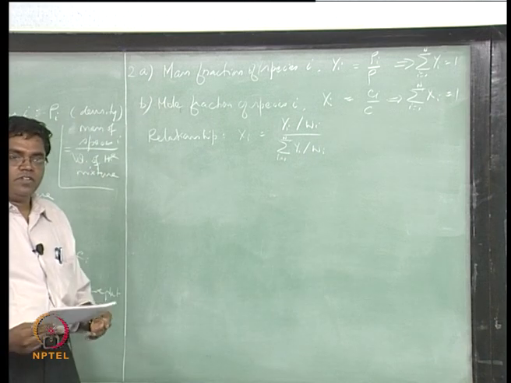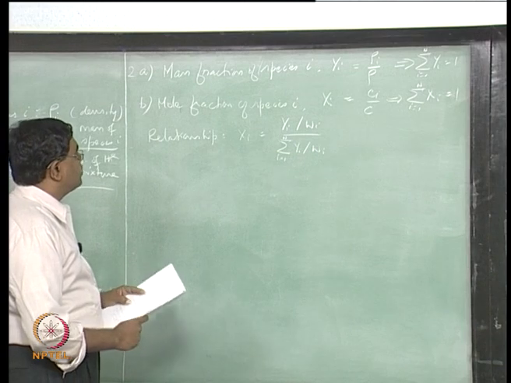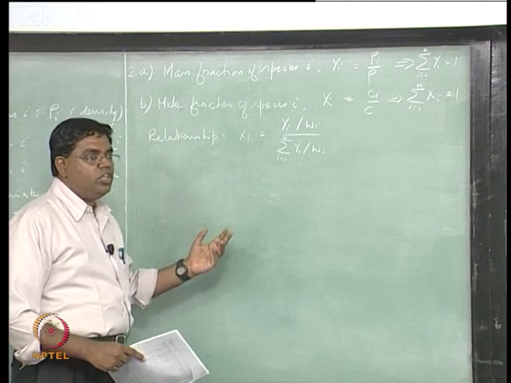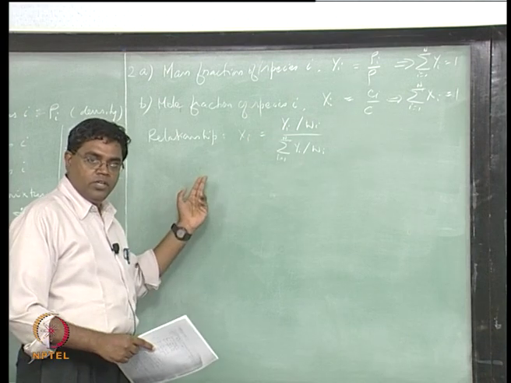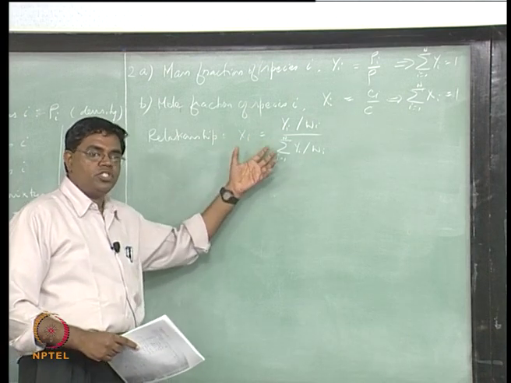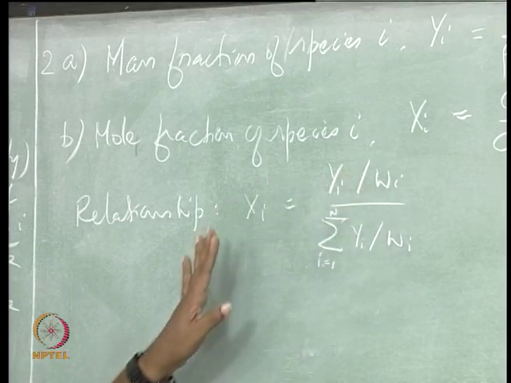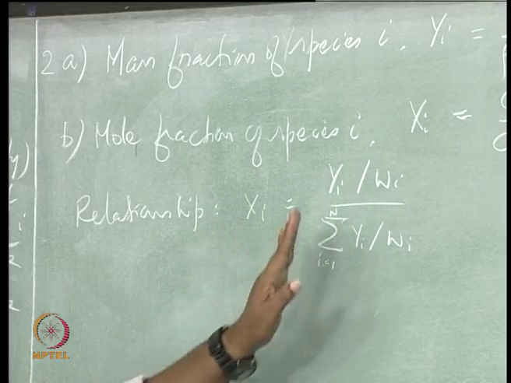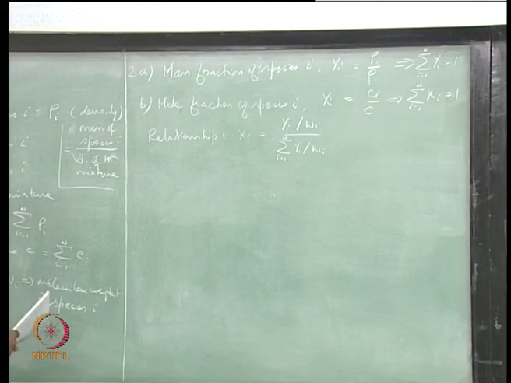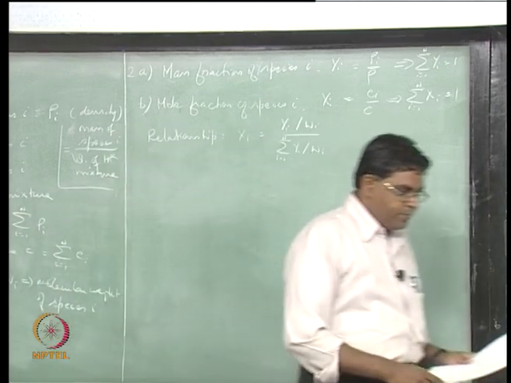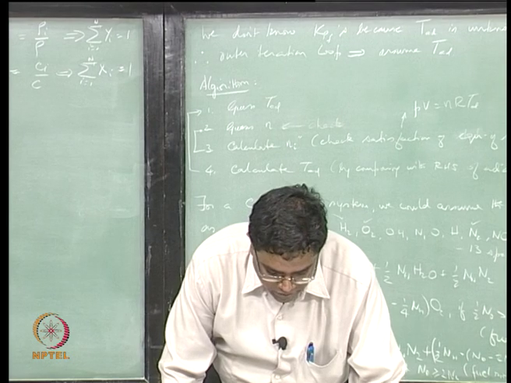In fact, what will happen is, and you have to recollect this, I will come back to this, we will have to treat both xi's and yi's as unknowns. So one set of equations that will link the two is this set of equations. This is actually valid for every species in the mixture. So we will have this relationship come up in a big way. Alright, so with these definitions we can now get into some kinetics,